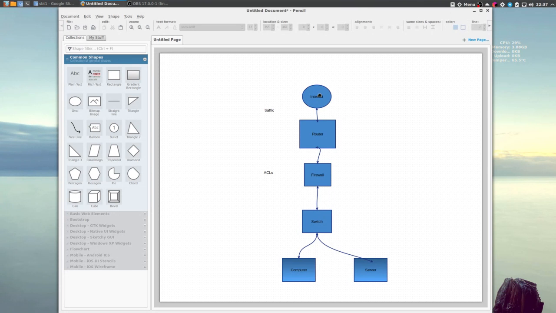Now, on the flip side, everything inside of here is protected. You can do some filtering even at the router level, saying that certain networks aren't allowed to come into your network. But really the main protection comes from the firewall.